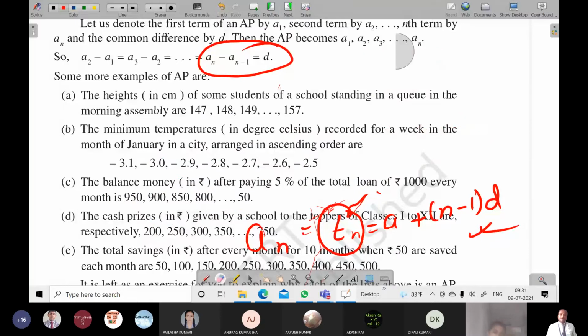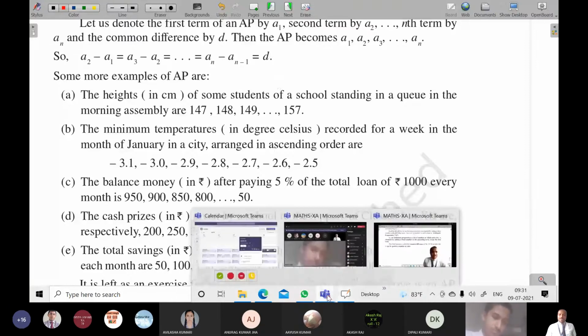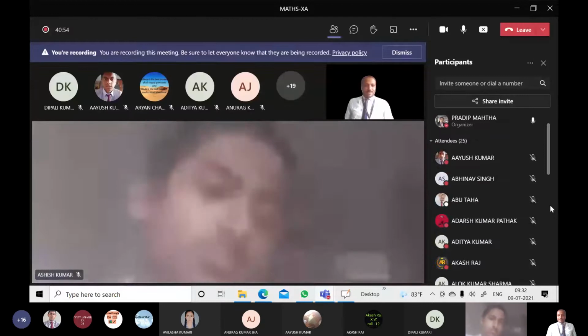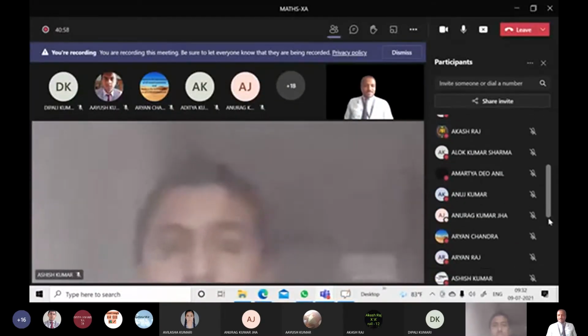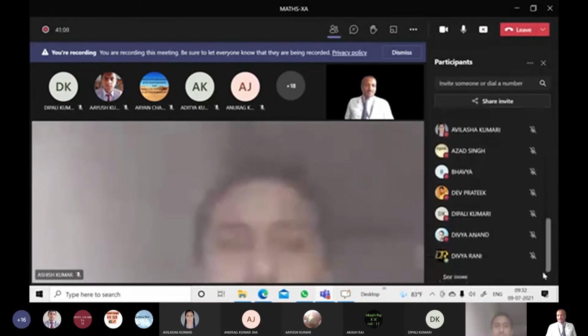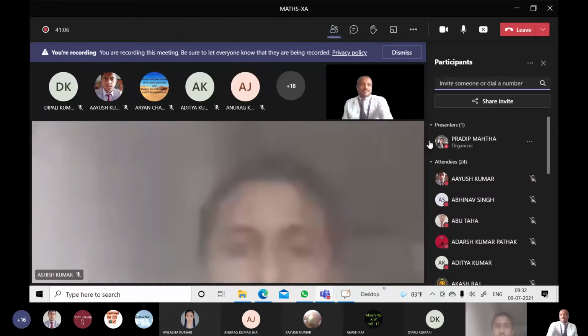So now, again I will be going into asking mode. As I said earlier, if anyone has left, they might have left; if not, then I will find out. When I say I am going into asking mode, many students leave the class, thinking that if sir asks, what will I do. So I can see 24.